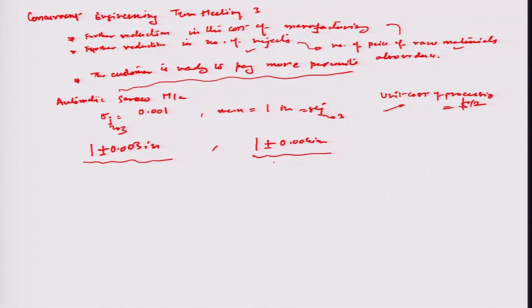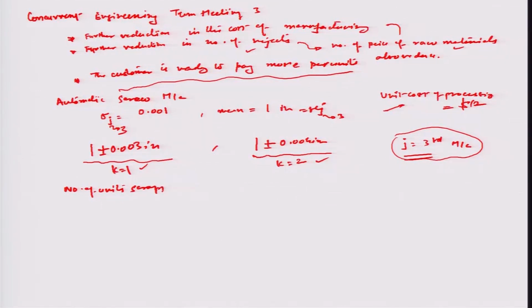Okay. So, let us say this is corresponding to k equal to 1, and this is called specification 2. So, corresponding to the j equal to third machine, which is the ASM machine in the particular example problem, you can check what is going to be the efficacy of using this specification and this specification on the third machine in terms of cost. So, number of units scrapped needs to be found out